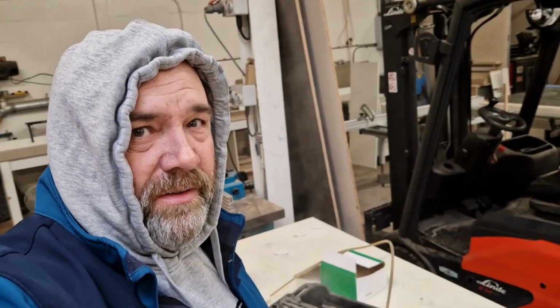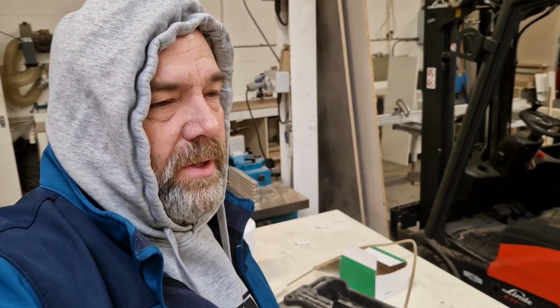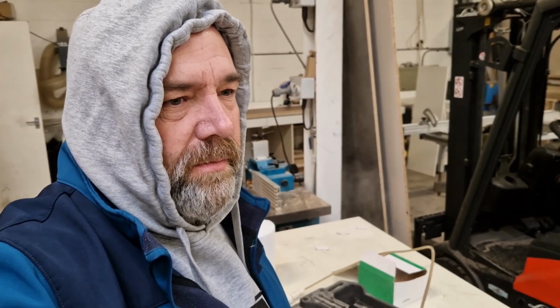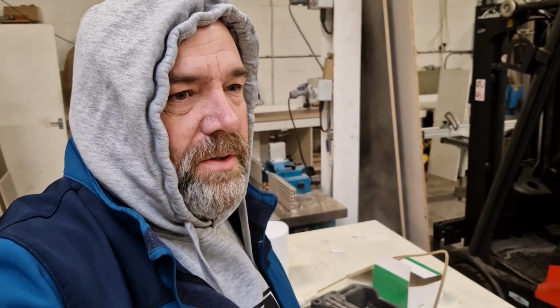Trying to get that thinned down. It's a bit cold in here, obviously, so see what it's like in an hour or so. I'm going to take off the, what do you call it, the fuel tank protector. Hoping I can get that off pretty quick, not too much hassle, because all the bolts and arrows are rusted. As with everything on the Defender, it's always rusted, so when I come to take that off,